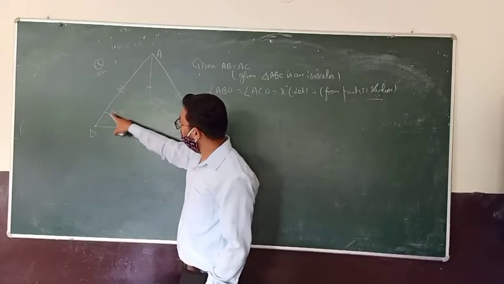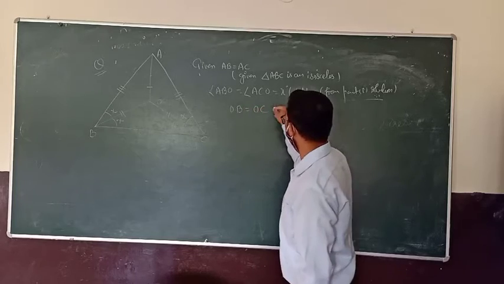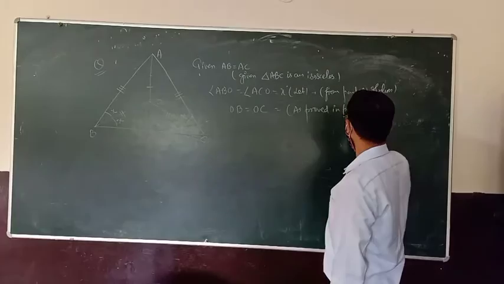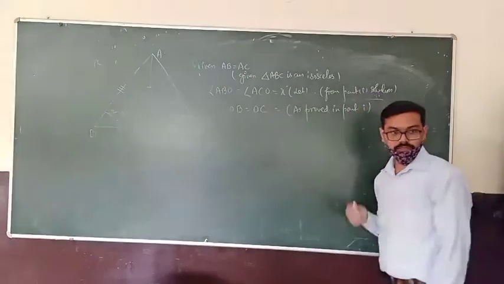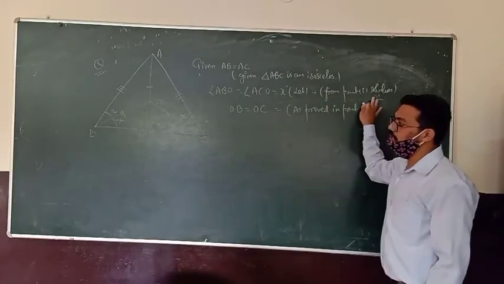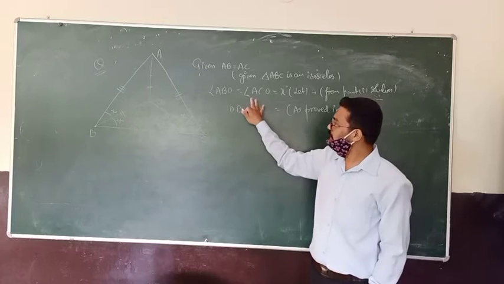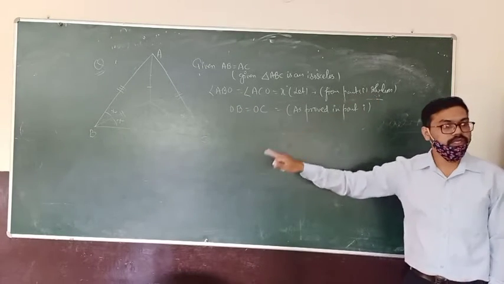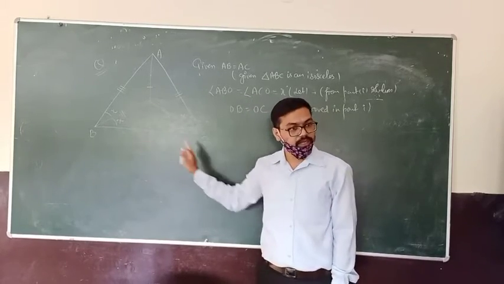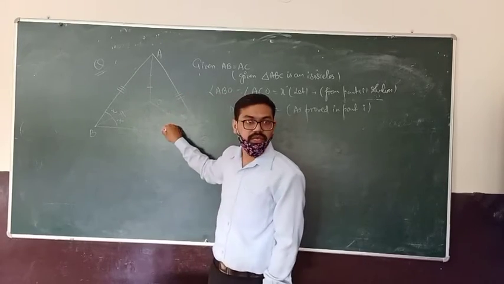Now this angle, this side, and OB equals OC. OB equals OC as in part 1. पार्ट 1 में आप ये चीज प्रूव कर चुके हैं बेटा. ठीक है. If you want, you can even mention the reason is angle B equals angle C. So OB and OC are the angle bisectors of angle B and angle C. So obviously, if this angle is x, this angle is x, and this angle is x.